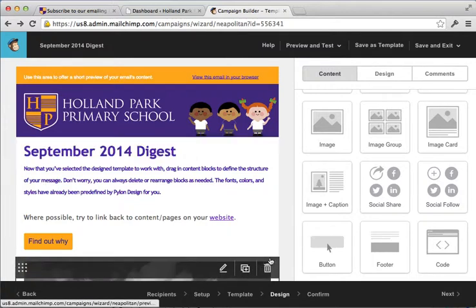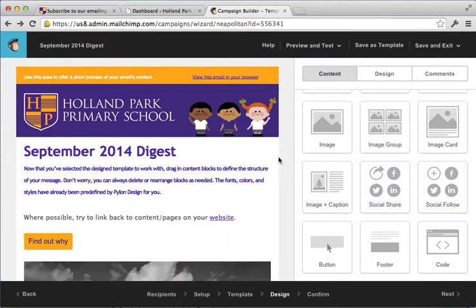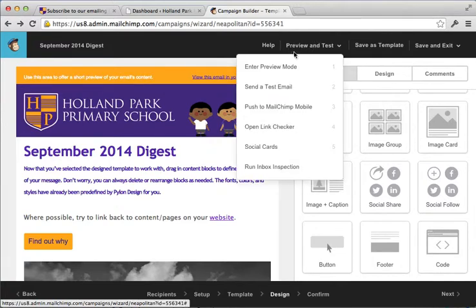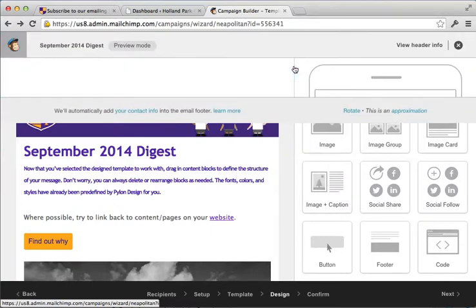When you're happy with how it looks, we can have a little preview and a test of our email. Now we can always save and leave this if we need to drop what we're doing and attend to something else by hitting save and exit up here. We're going to quickly have a little preview and see how this is looking. So we hit enter preview mode,